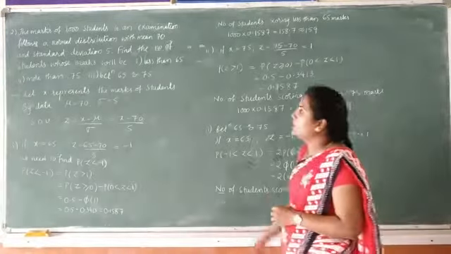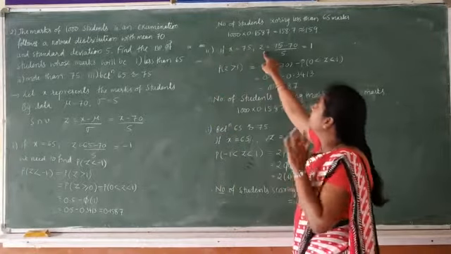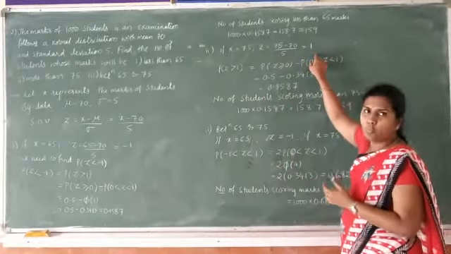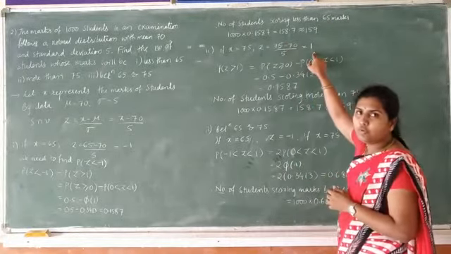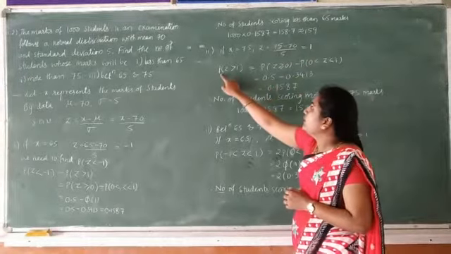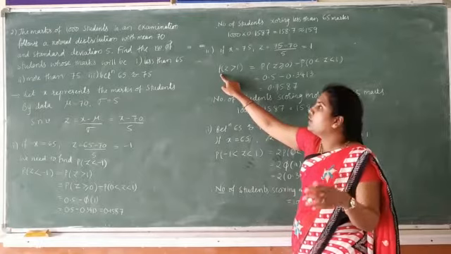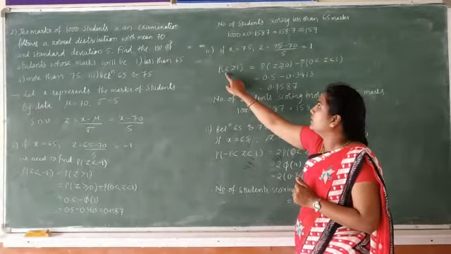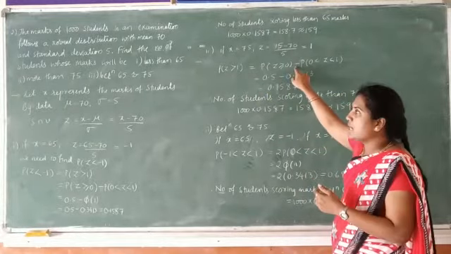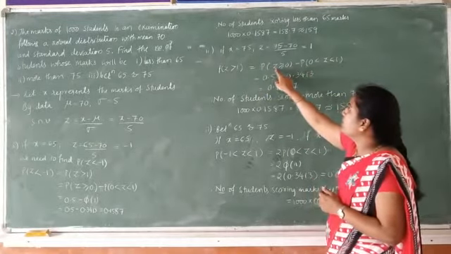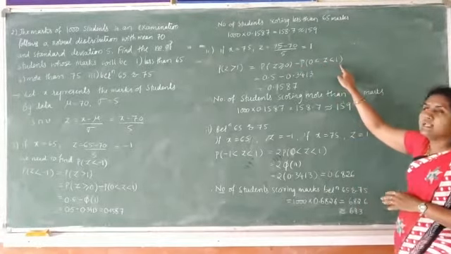Okay. Second one is more than 75. If x equals 75, then z equals 1. Substitute x equals 75. Simplify, here we are getting z equals 1. Next, we need to find the probability of a student scoring more than 75, that is probability of z greater than 1. Split by the standard result, we can write this as P of z greater than or equal to 0 minus P of 0 less than z less than 1.